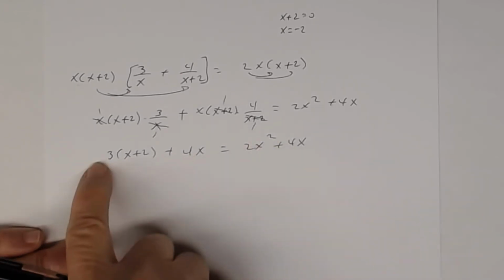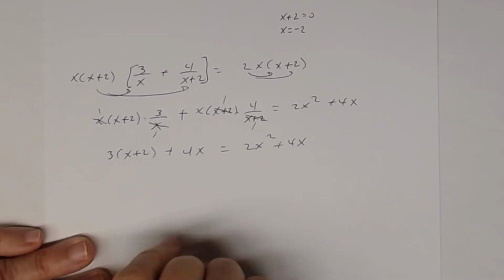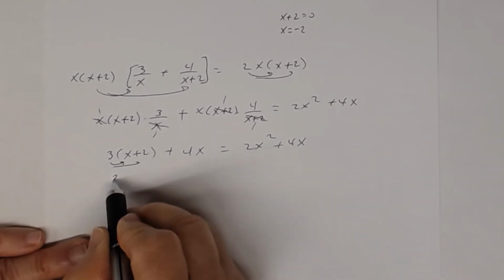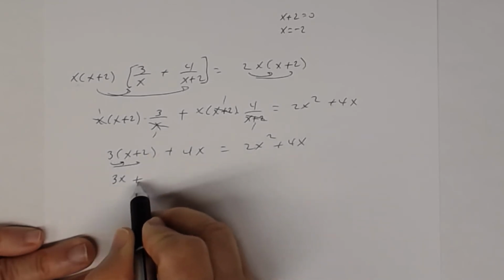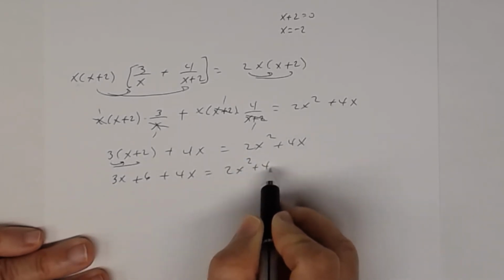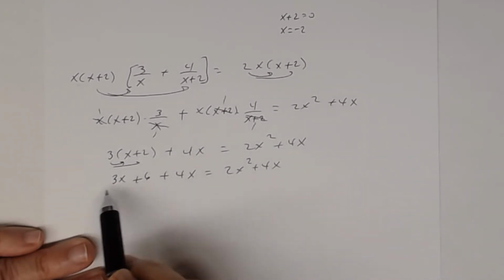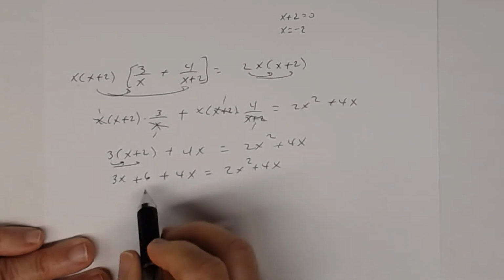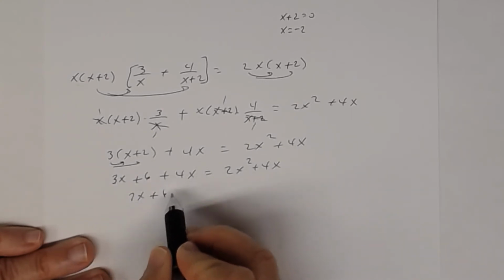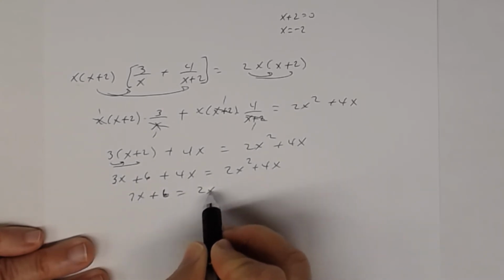I see an x squared, so this is quadratic. So I'm going to go ahead and distribute to solve this a little bit further. So I get 3 times x is 3x, 3 times 2 is 6, plus 4x equals 2x squared plus 4x. Combining like terms on the left-hand side, I get 7x, 3x and 4x is 7x, plus 6 equals 2x squared